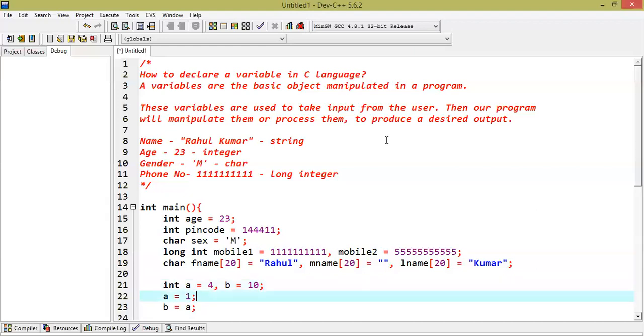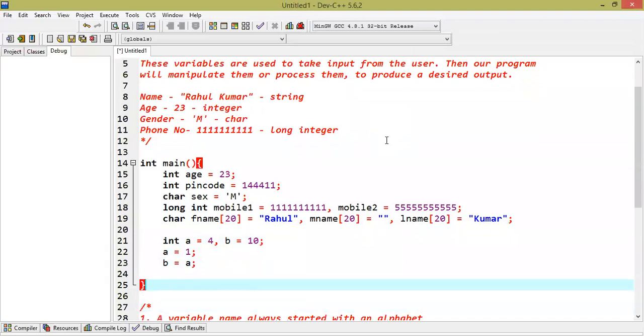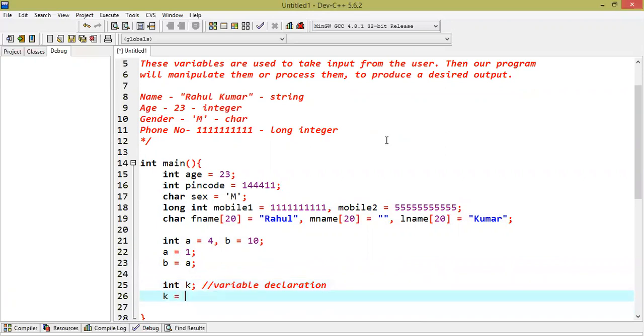Now remember one important point. When you create a variable, something like this, it is called variable declaration. Now, when we assign some value to this variable, then it is called initialization.